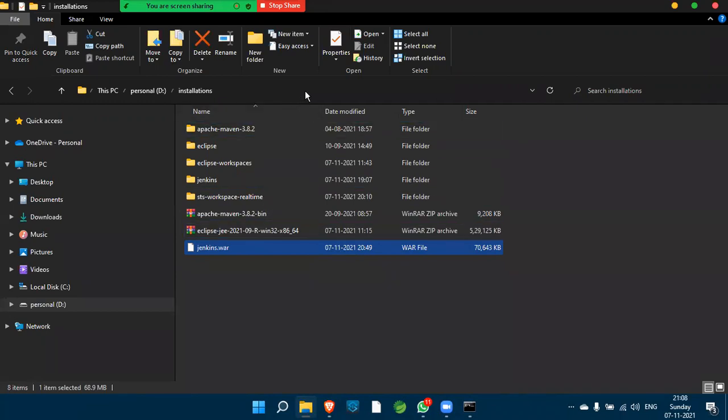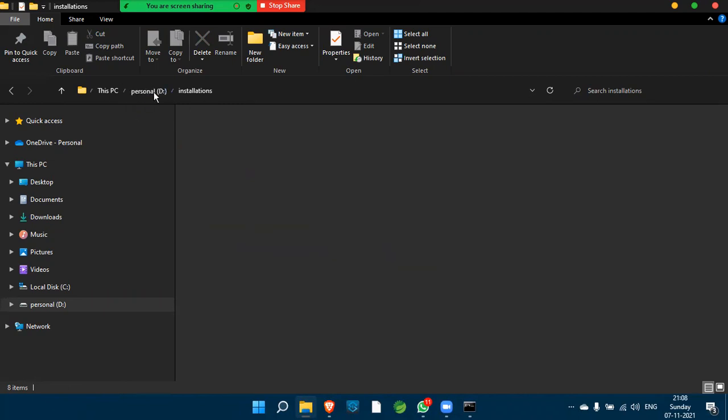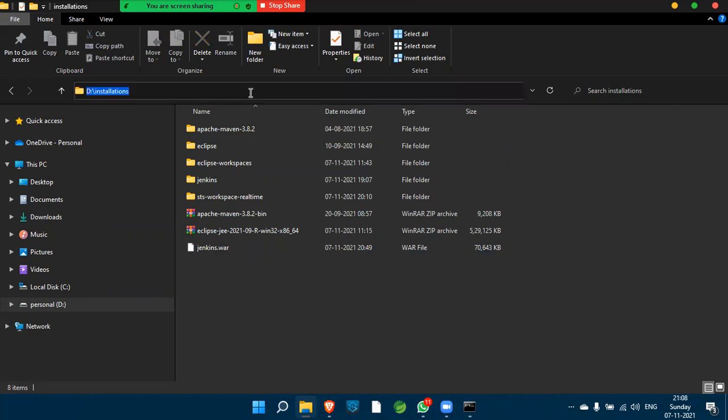You can install this Jenkins war file in the same folder, whichever folder it may be, D folder, C folder. Wherever you downloaded the Jenkins file, you can move to the same location, and then run this file from the same path.